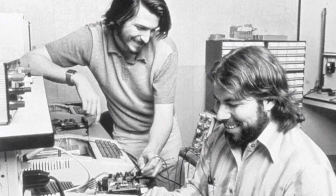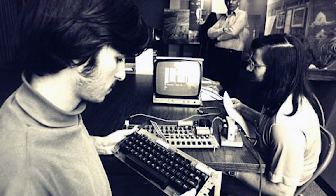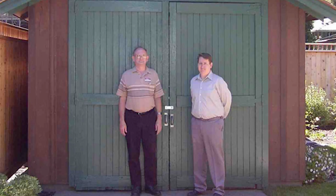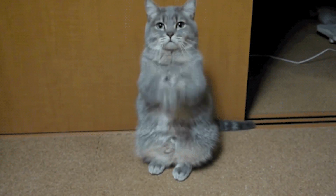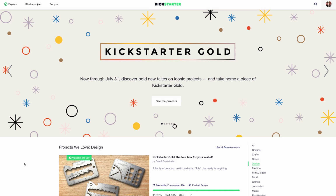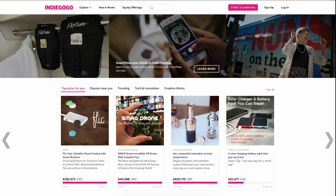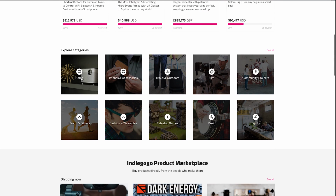We've all heard the story about Steve Jobs famously starting Apple in a garage in the 70s. Other wildly successful companies began in a garage too, like Google, Microsoft, and HP. Thanks to the breadth and depth of the internet and the advent of sites like Indiegogo and Kickstarter, we're seeing a lot more of these grassroots startups create products that make it into the mainstream and ultimately affect people's lives